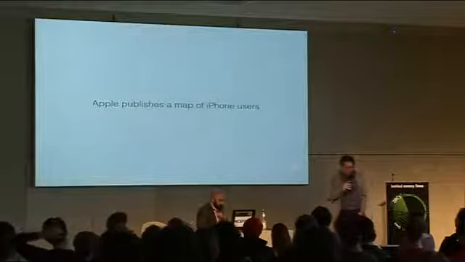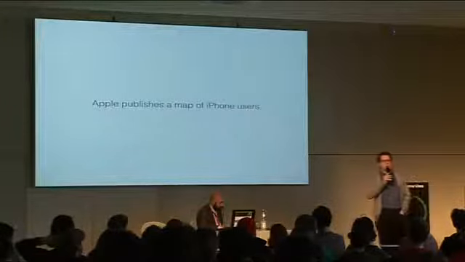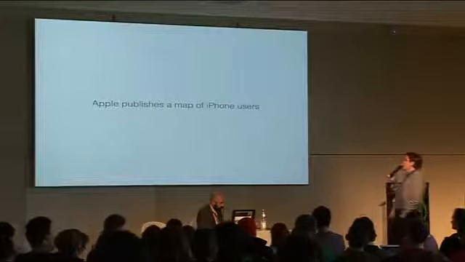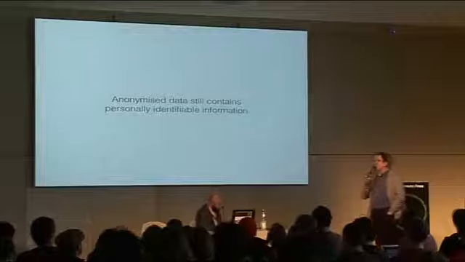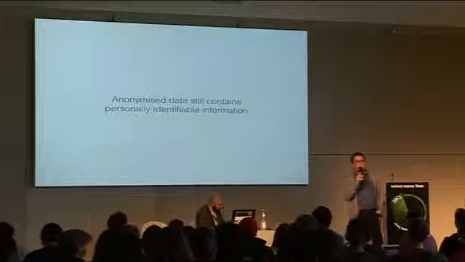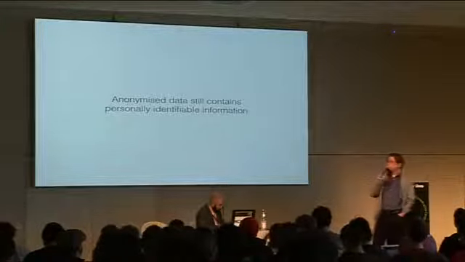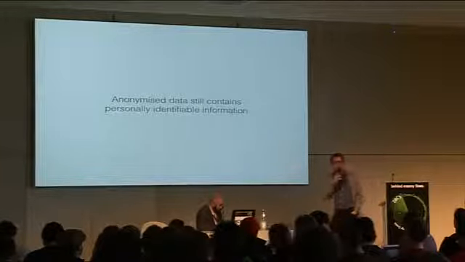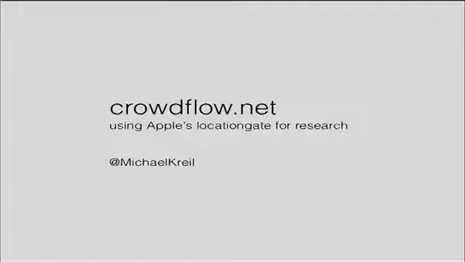During this work, I had a very interesting question, because all data that Apple publishes is anonymized. You don't know which iPhone, you don't know which Wi-Fi station, or at least to whom it belongs, but still anonymized data can contain personally identifiable information. Because you don't know which iPhone it was or which Wi-Fi station, but you can see that clusters are at specific addresses, at specific houses. I think you should think about what data privacy and data protection really mean and how you can enforce it or not. Thank you very much. If you have questions.